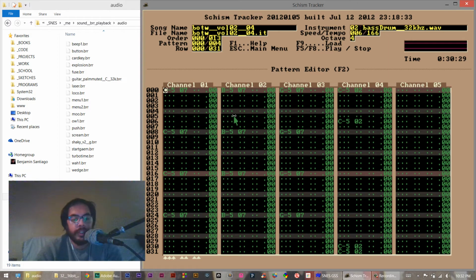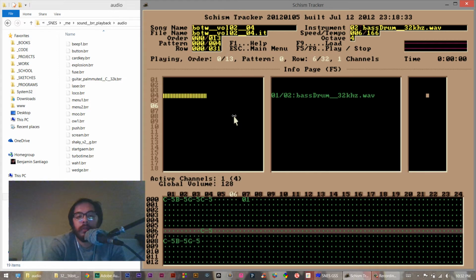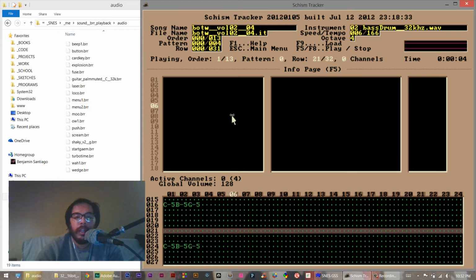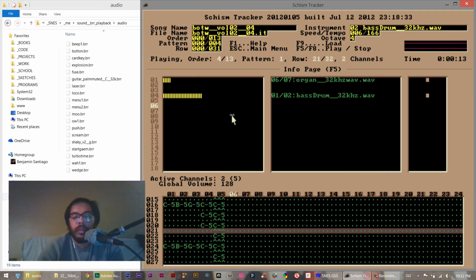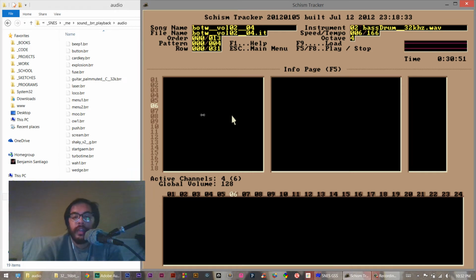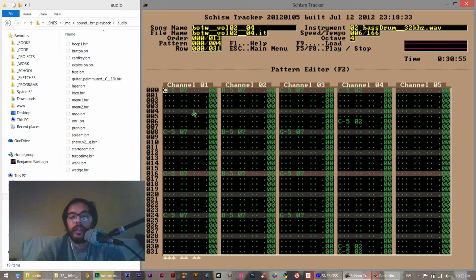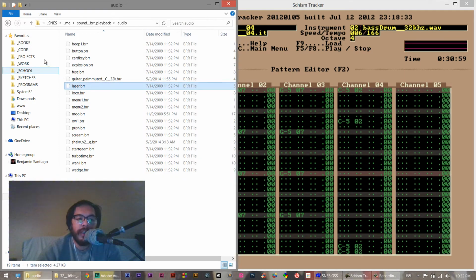So I'll just go quickly through this file. I forget which song it is, but we'll just play it. Right. So with that one, if you do arbitrary volume changes with the notes, they aren't going to translate to the SPC file. So let's actually